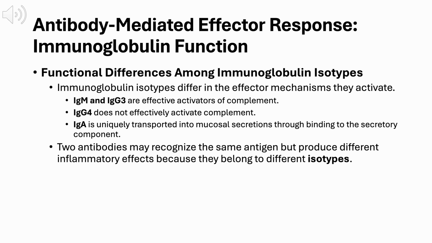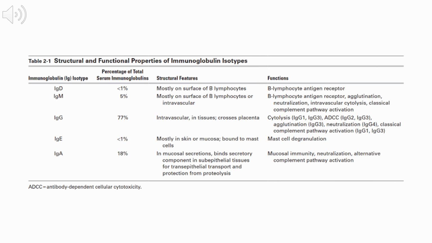Next, we'll add some essential terminology around antibody clonality. This table compares the 5 major immunoglobulin isotypes by abundance, location, and function. IgG is the predominant serum antibody, accounting for roughly 3/4 of circulating immunoglobulin. It functions in neutralization, complement activation, agglutination, and antibody-dependent cellular cytotoxicity, and it is the only major isotype that crosses